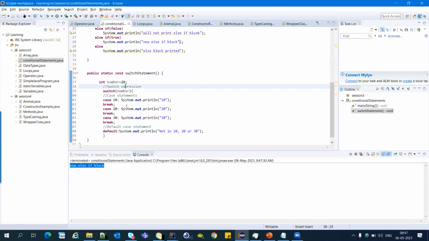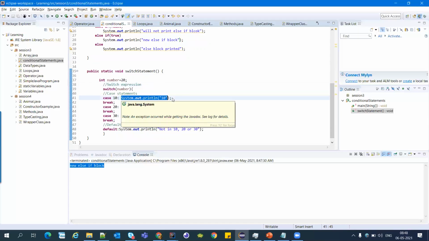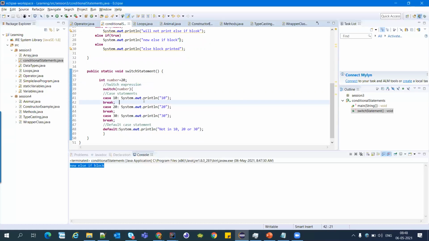Right. What is a switch block? We can add multiple cases to it, just like an if else block, and we can have code blocks or methods here, which will be executed when the condition is satisfied. You see the switch block now.